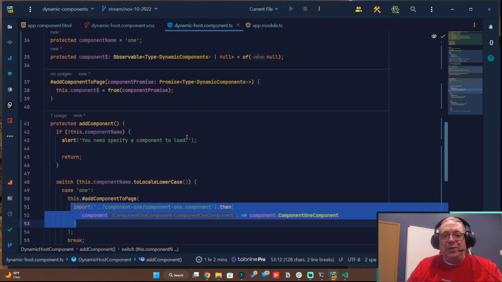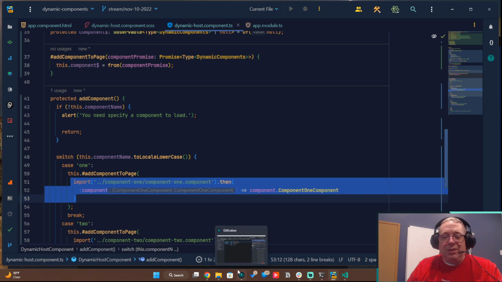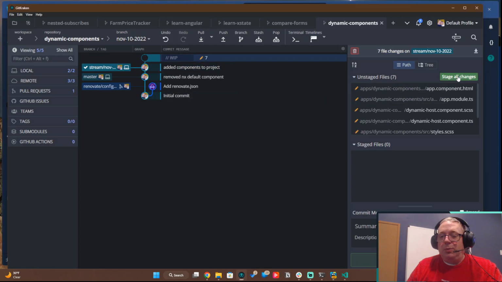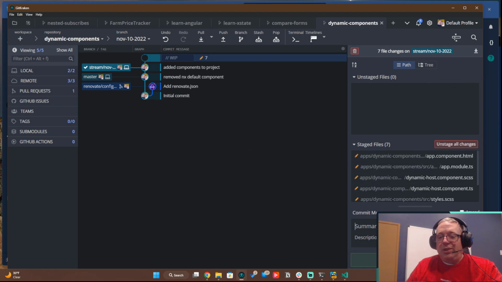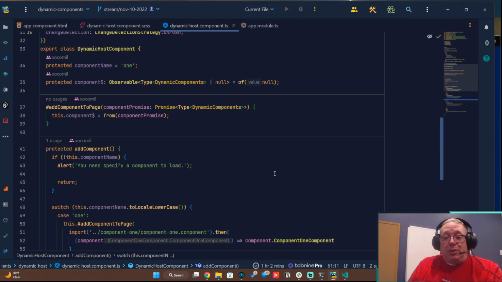One thing I haven't tried to do, well, okay, a couple of things to point out about this one as it is, but we'll stage all of this and just say that the simplest form of dynamic components works, right? So let's talk a little bit about what's going on here. So at this point, we've seen,